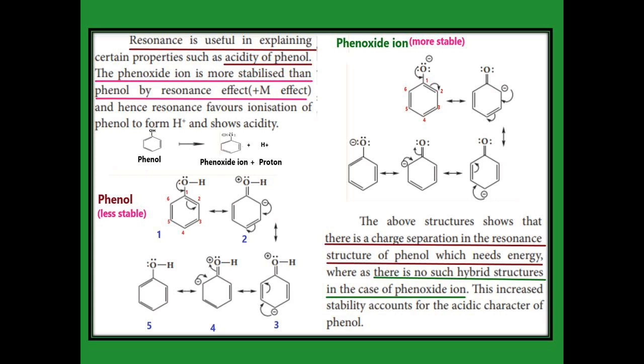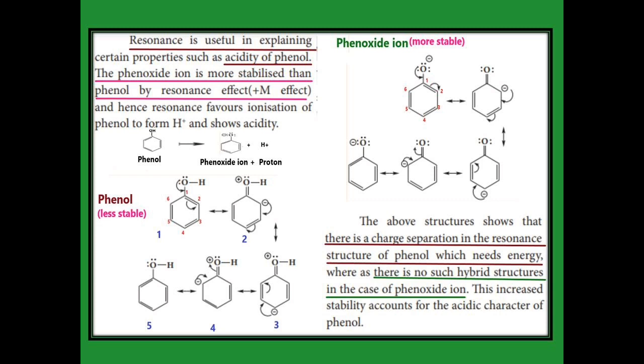Now the sixth carbon possesses negative character. It is given in the fourth diagram. That sixth carbon's electron goes to the sixth-to-first single bond, and then the double bond between the first carbon and oxygen goes again to oxygen. Now we get the fifth diagram. In this fifth diagram, the double bonds are present between the second and third carbon, then the fourth and fifth carbon, and then the sixth and first carbon.